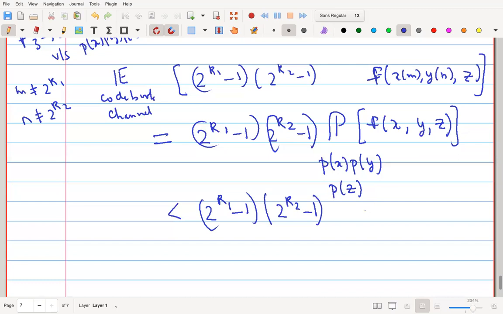So right from the beginning, I was analyzing decoding error for 2 to the R1, comma 2 to the R2 being sent. Yes, it is. Okay, so I think what I've written is correct. Actually, you have to analyze it for everything, but you get the worst numbers for this analysis. So it's sort of believable, but you can check it for yourself very carefully if you want. Given that 2 to the R1, comma 2 to the R2 is the actual message pair that was sent, I think this analysis is correct, exactly as written. I'm not fudging it.